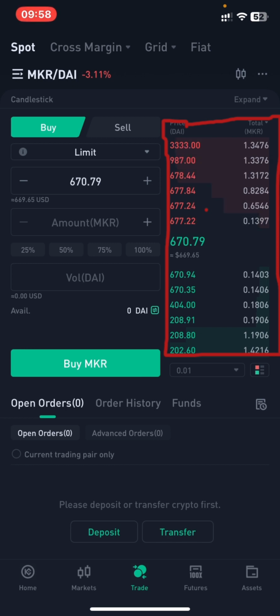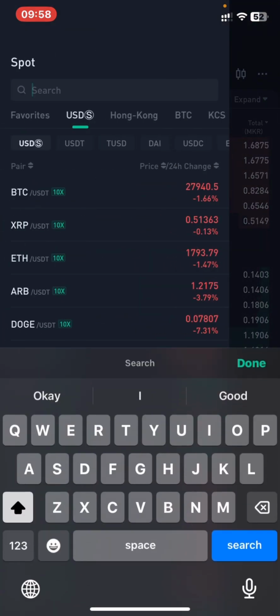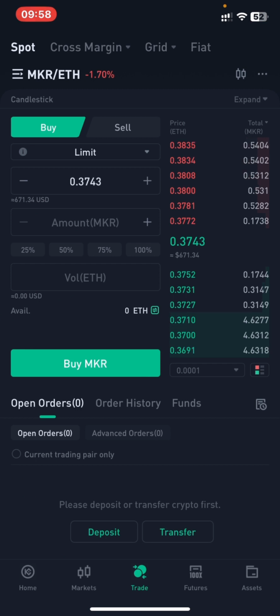So what I told you the other time is like, if people are not making money with this trade, they won't be here. And if you want to do this, make sure you do your own research and you know what you are doing. And right now you have to check this other pair again, MKR, and you check this Ethereum pair. Right now on Ethereum pair, this is being sold around